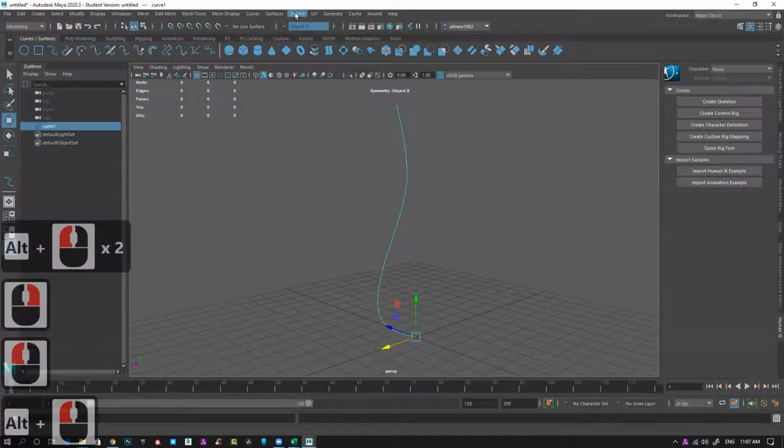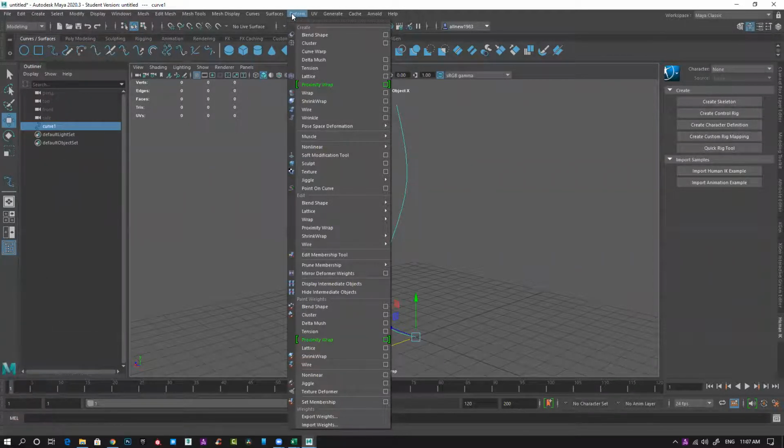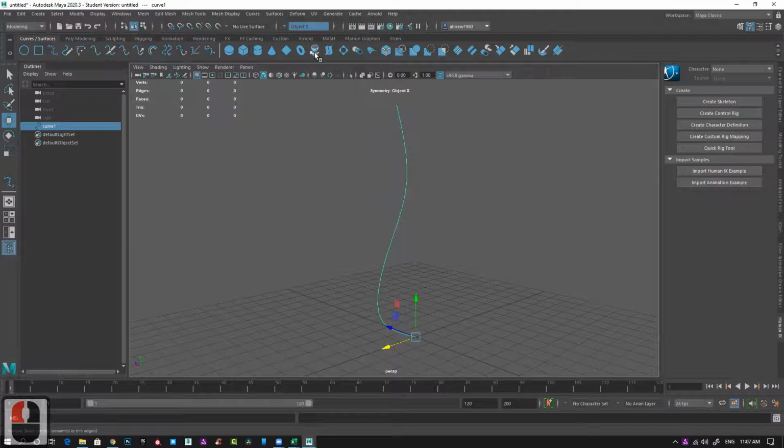Select your curve. You can see you have so many options here. Under Surfaces, the modeling tools, I am checking everything. You have lathe, as in Max, and similar kinds of options here as well. You can extrude, planar, and loft.